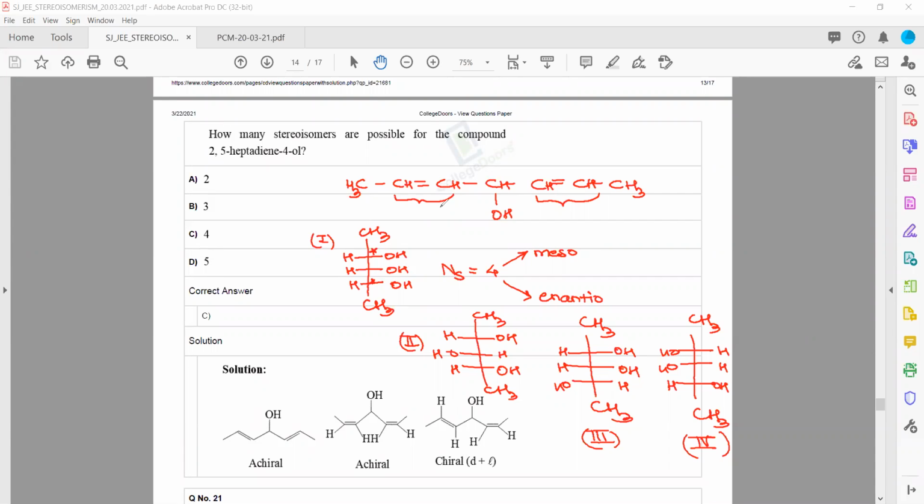Okay, so similarly here also we can have cases like this, and the number of isomers will not be 3, it will be equal to 4. Because this carbon can have the H and OH on the left and the right in the Fischer projection, or on the dark wedge and on the dashed wedge in the wedge-dash projection. On the basis of this I can get different structures here, and these are the structures which are given.